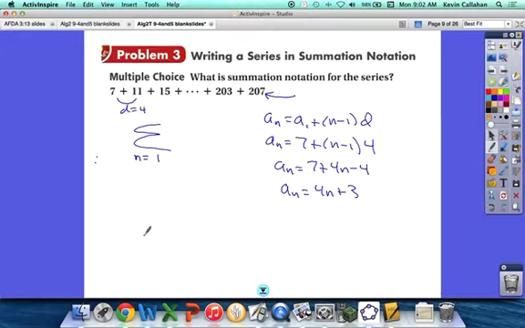Okay, that's what's going to go here, 4n plus 3. Now, in order to find the n, or the upper limit that's on top, we need to set that equal to 207 and solve for n. Right? If 4n plus 3 equals 207,